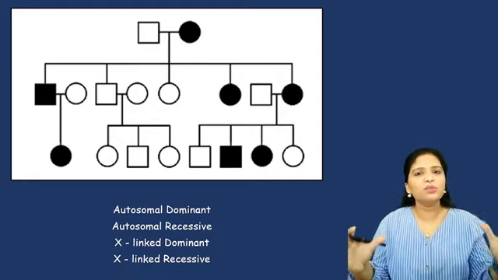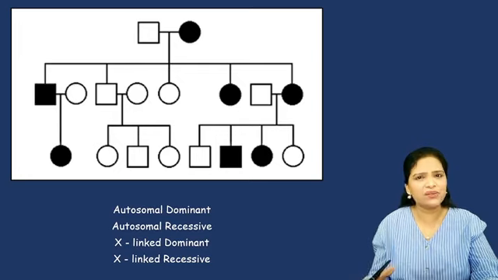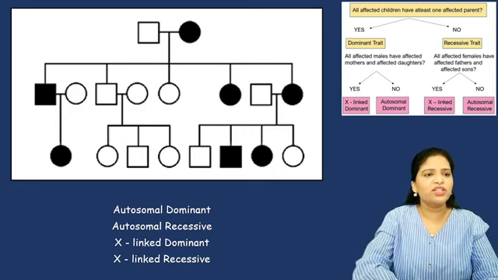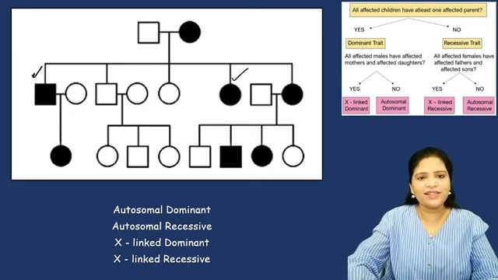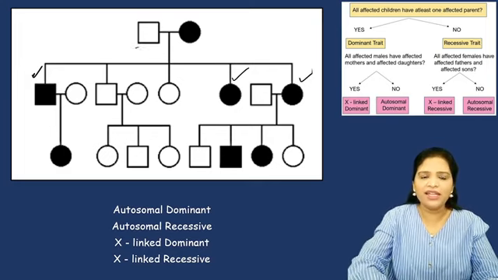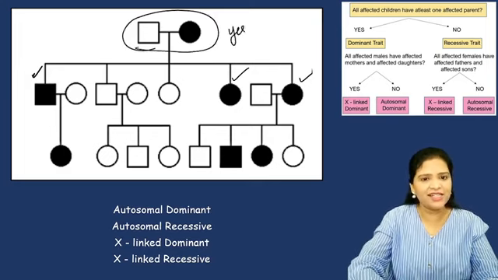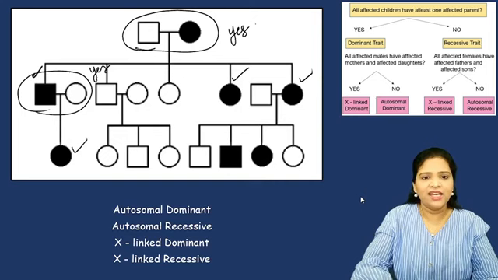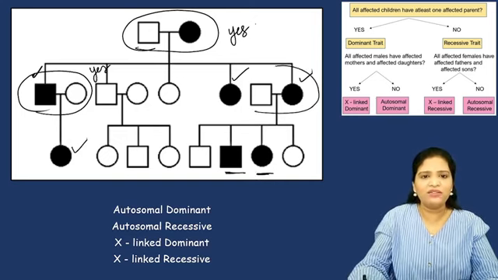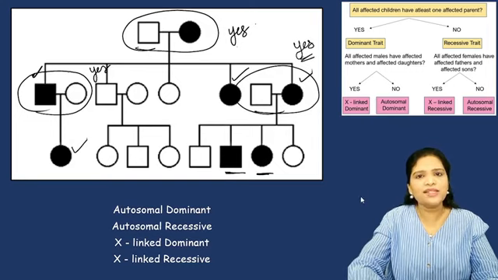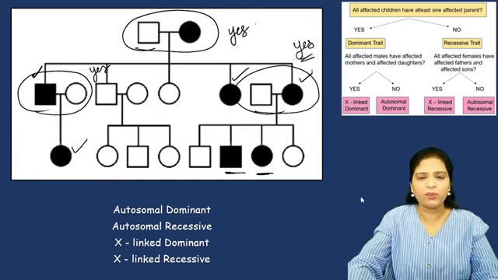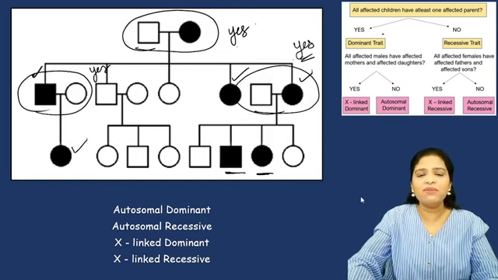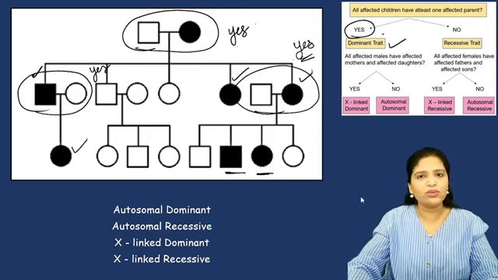So let us move on to the next example. Look here, this chart looks bigger, right? So don't worry about the size of the chart or how complicated it is. Just apply our formula. So the first question: this affected child, this affected child, this affected child, do they have at least one affected parent? Yes, the answer is yes. Here one affected child, at least one affected parent? Yes. Here affected child, at least one affected parent? Yes. So this satisfies all the things of this first question. That means all affected children have at least one affected parent. So this belongs to a dominant trait.